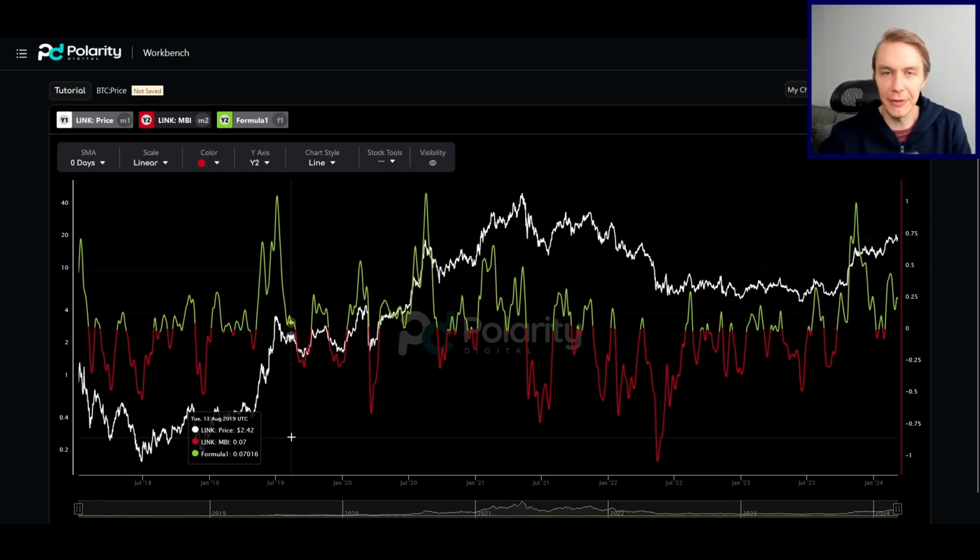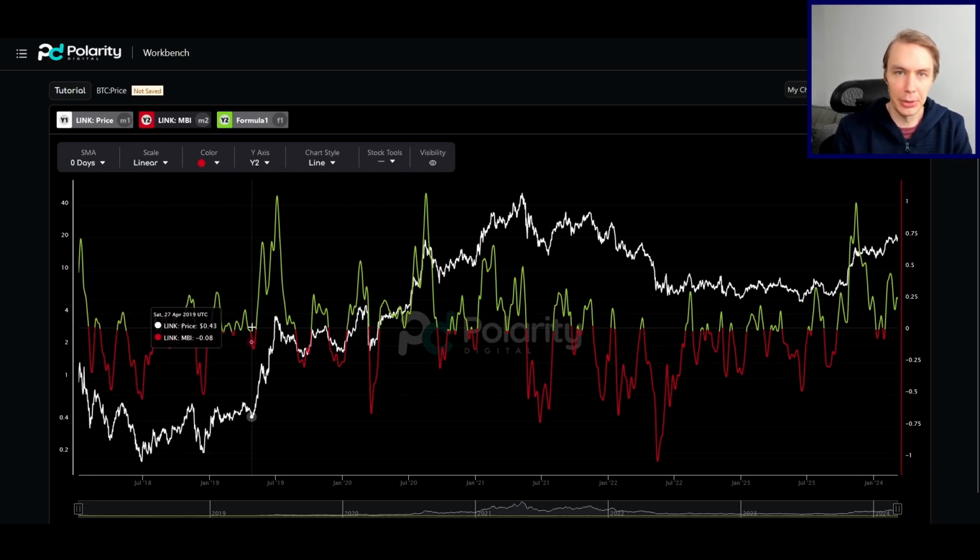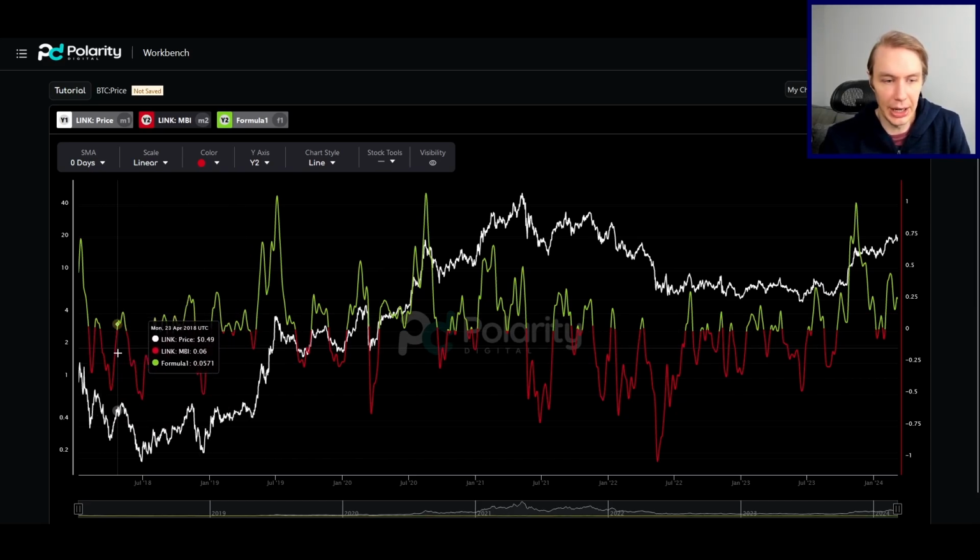And there are different phases that you can really identify with the MBI. And this is what I like to use it for the most in a lot of ways. Being able to identify, are we in a bull market, bear market, or somewhere in between? So one of the things you'll notice on the MBI is that it tends to behave in very distinct ways at those different phases. So in a bear market, it's spending a lot more time in the red than in the green.